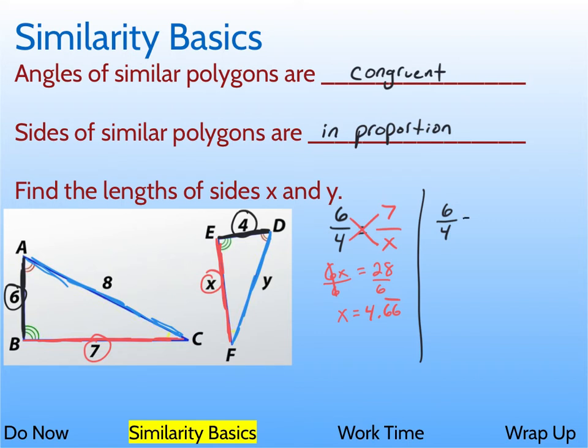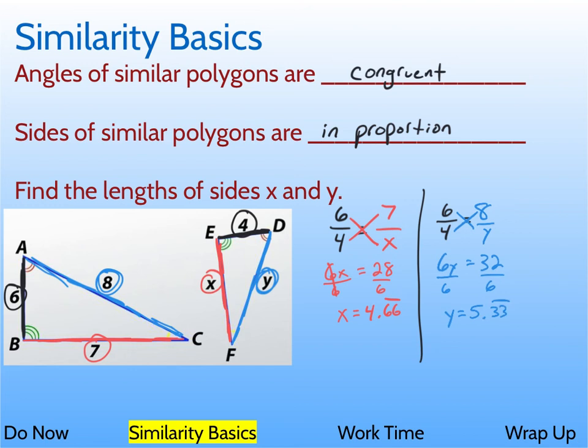And then this should equal, the right side is 8 over y. Then you cross multiply again. So we get 6y equals 32. Divide by 6, and you get y equals 5 1/3, or